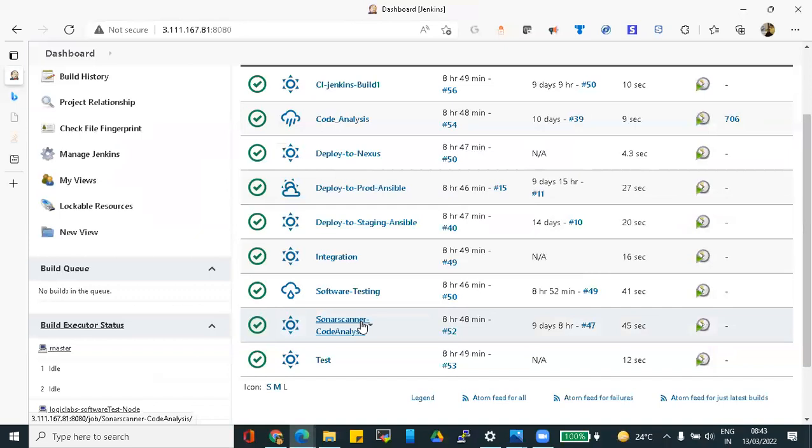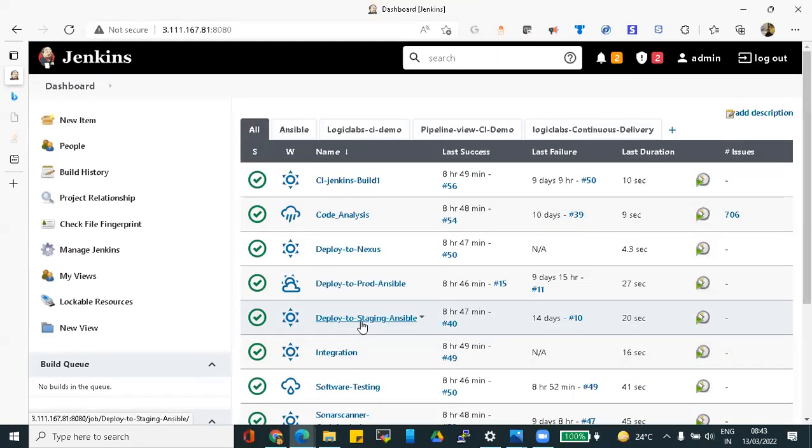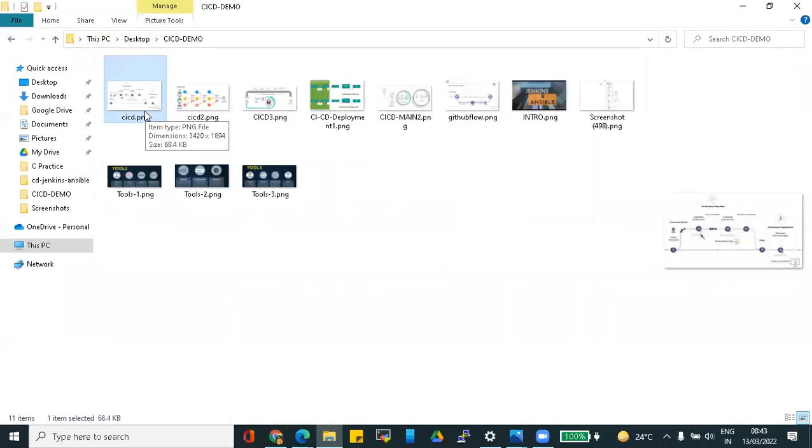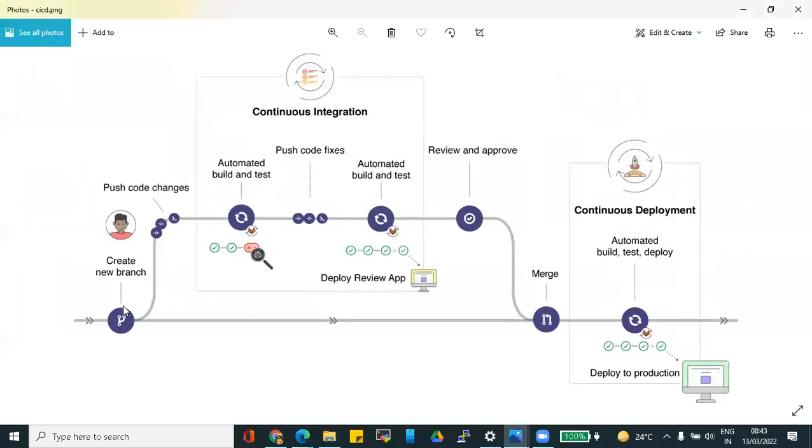Sure. Now let's go to each job, how we have built each job and what is the function of each job. Developers would have created a branch, and they push the changes and commit happens. Then automated build and test happens, and after build and testing, it will be merged and deployed into staging. For that,